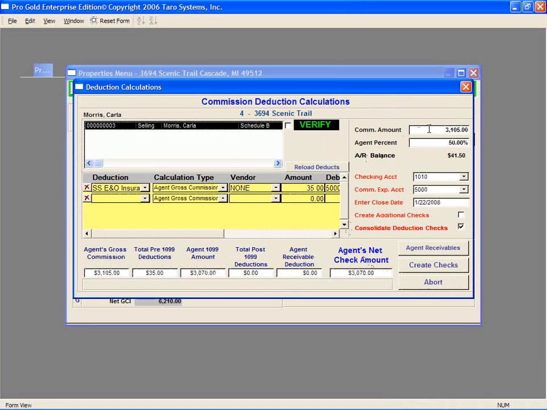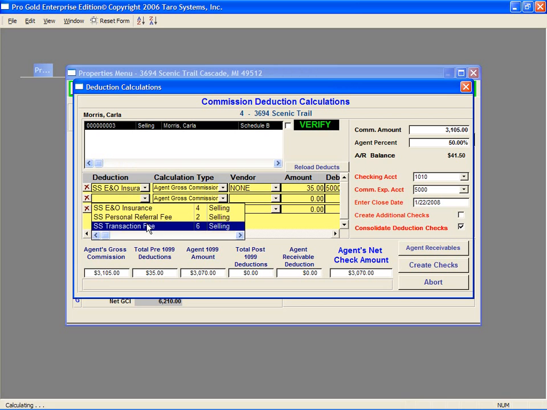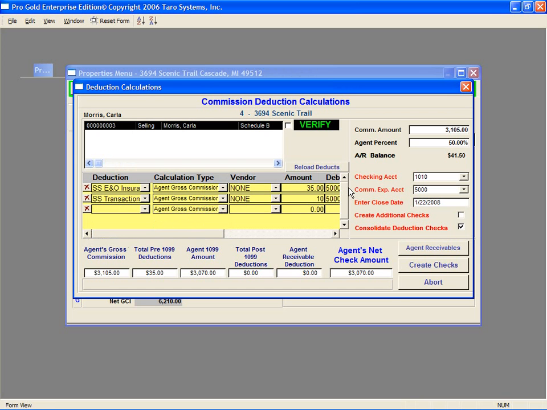Processing commission checks. In the upper right corner is the agent's gross commission and the percent they were paid at. Changes can be made to either one of those fields if needed. There is another yellow area to take deductions off the bottom. If any were set as default in the agent's profile, then they would automatically be added to this transaction. Select any other deductions that need to be taken out of the agent's check, and then click Verify at the